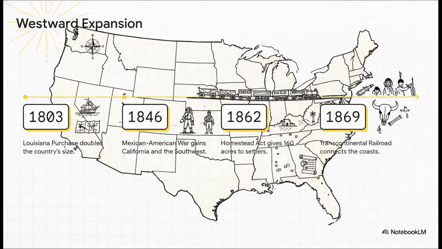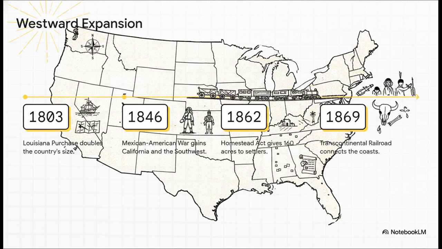Railroad in 1869. But, and this is absolutely crucial to remember, this massive, rapid expansion was catastrophic for Native Americans. The federal government broke treaty after treaty, systematically slaughtered the buffalo, and forced Native peoples off their lands through brutal